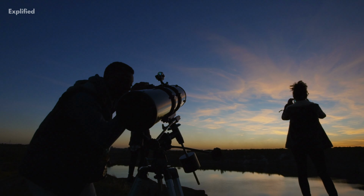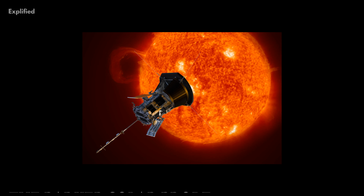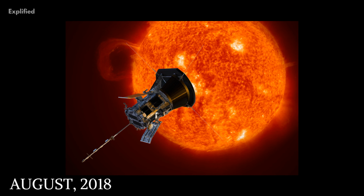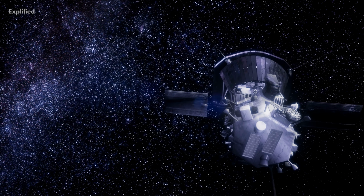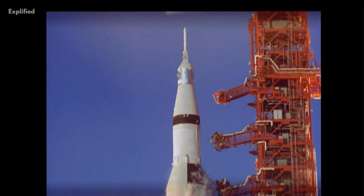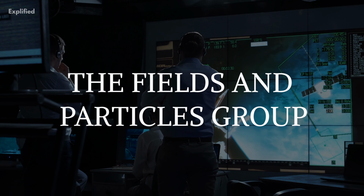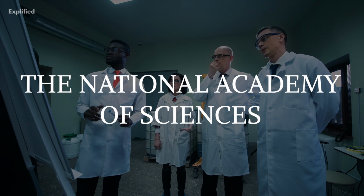this universe. To know more about the Sun and its atmosphere, the Parker Solar Probe was launched on 12 August 2018. You would be surprised to know that the idea to send a probe to the Sun of our solar system was conceptualized back in the year 1958. At that time, the Fields and Particles Group of the National Academy of Sciences proposed the idea to send a